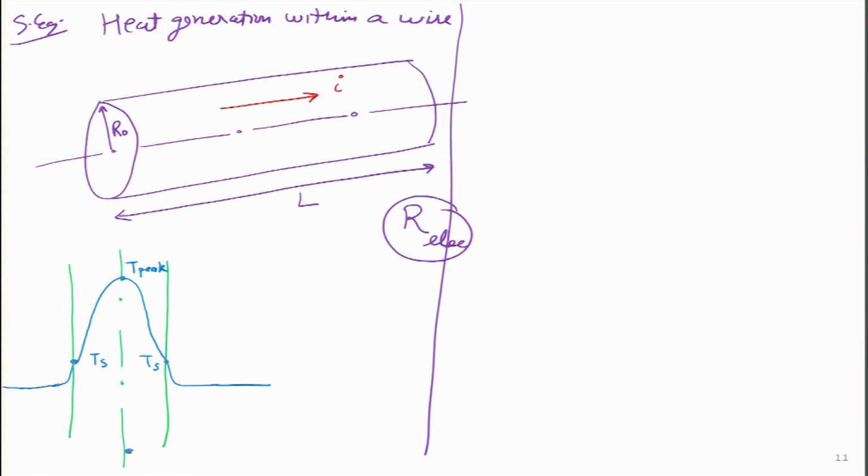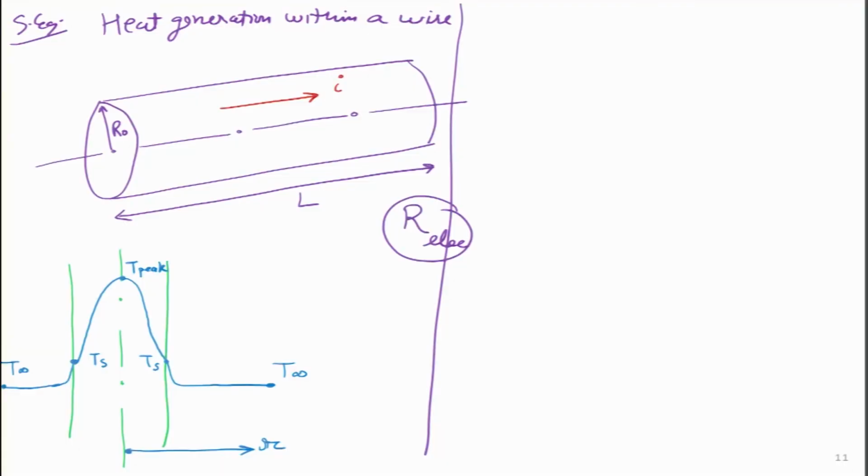So, this represents the radial direction R, and on all sides of this particular wire, it is surrounded by air which is at T infinity. Because this is not a wall, there is no left or right side. If you look at this particular pen, it is a radial object. So, air is surrounding it from all sides. That is what we have shown over here. The convective heat transfer coefficient I am assuming is H.